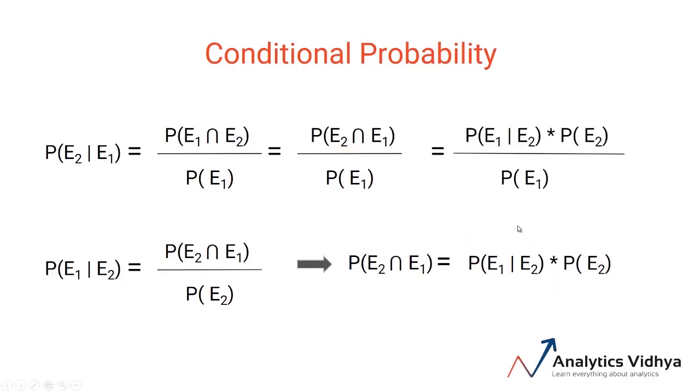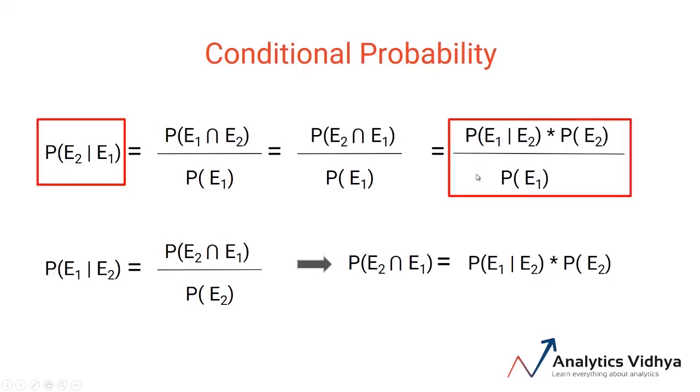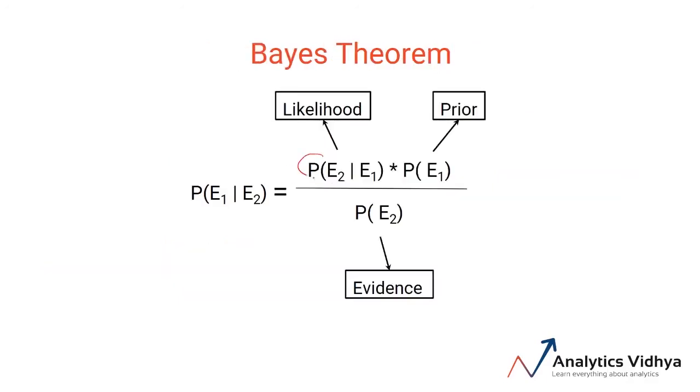Once I do that, the final formula comes out to be the probability of E2 given the condition E1 to be the probability of E1 given the condition E2 into probability of event E2 divided by probability of event E1. Now this is our Bayes theorem. So this term is called the likelihood, this term is called the prior, and this term is known as the evidence. Now that you are familiar with the conditional probability and Bayes theorem,